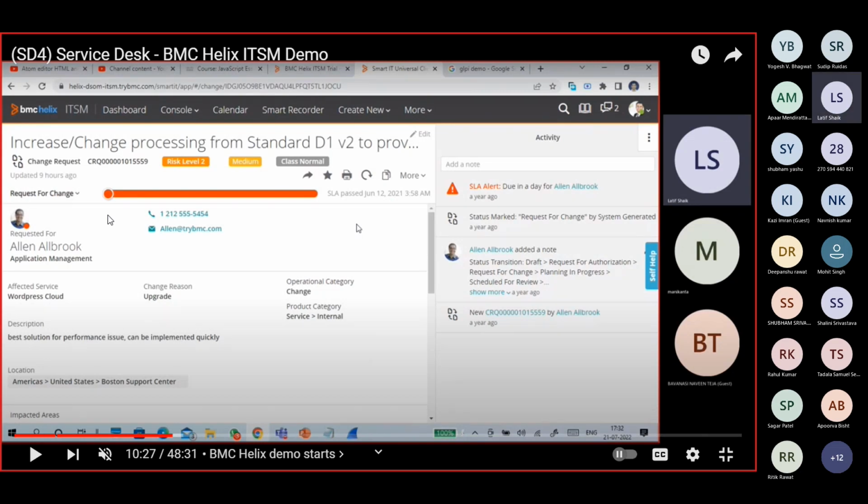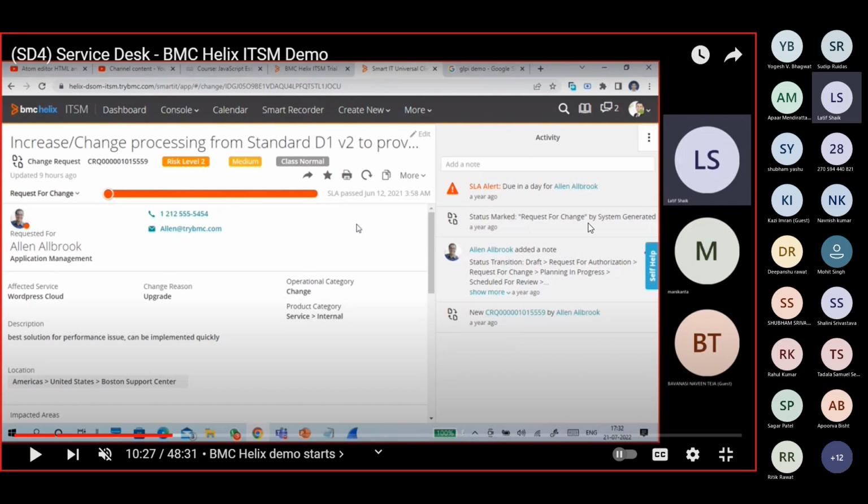It is requested for this particular person, an application management person, with his contact details. Affected service is WordPress, change is cloud upgrade, resolution is upgrade, the best solution, a performance issue that can be implemented quickly. This is the location, and this is the history, the activity note.